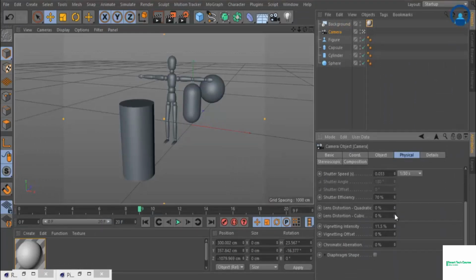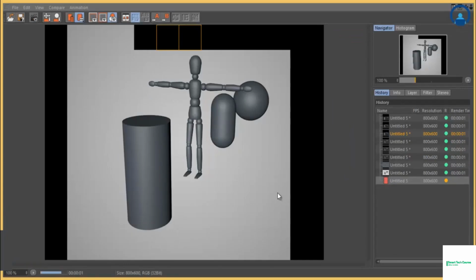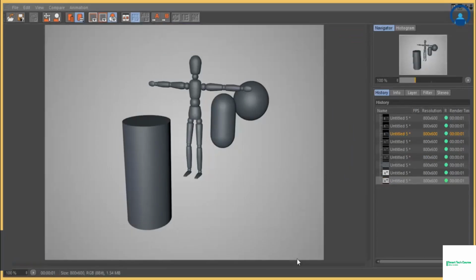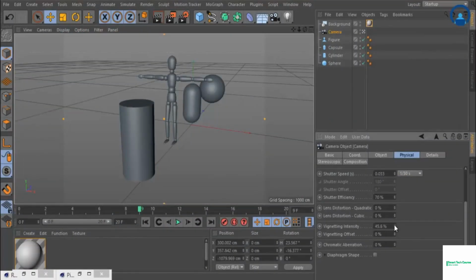Next thing, on this vignette property intensity option, I change it around 45 and render it again. You can see there's some darkness around the edge of this white part. You can see the difference between these two. You can change it like this